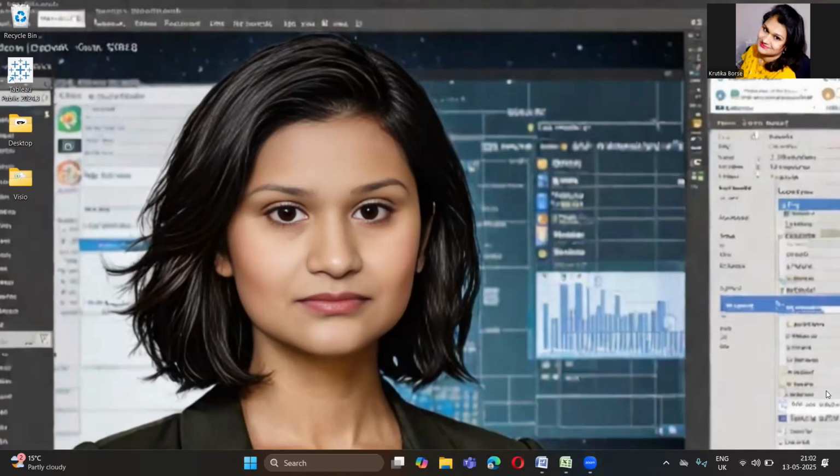In the previous video, we explored how to automate Visio using Excel. In today's video, we are taking it a step further. We will learn how to add our own custom shape to a Visio template and populate it with data from